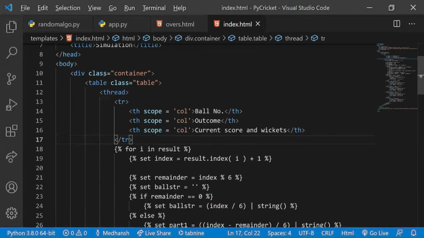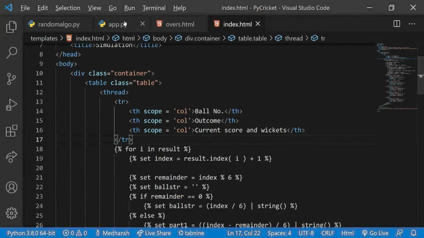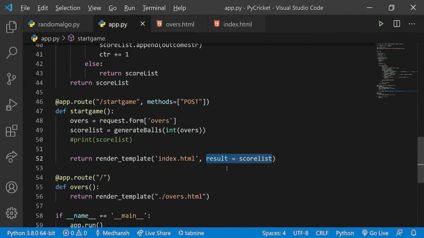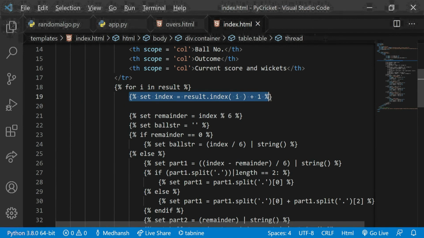What Jinja does, Jinja is actually integrated with Flask. So what Jinja does is Jinja takes this function result and allows for Python-like code to be run inside HTML with these kind of formats. Now this is very ugly, but this is how the code is actually done.